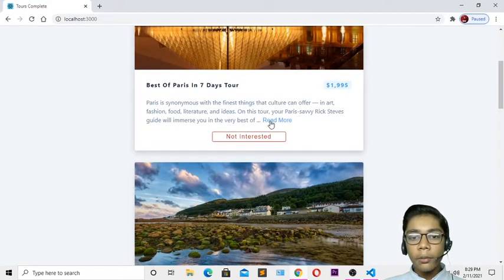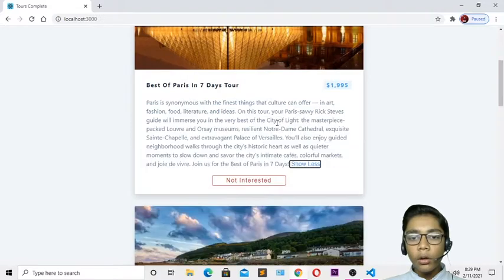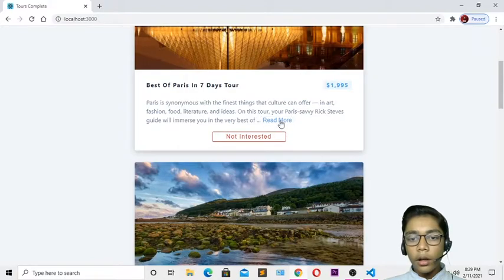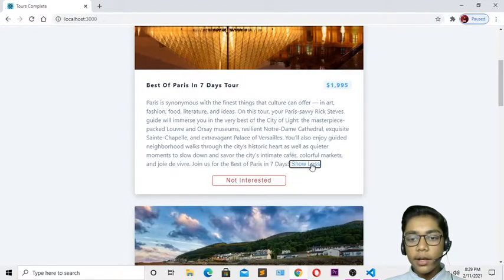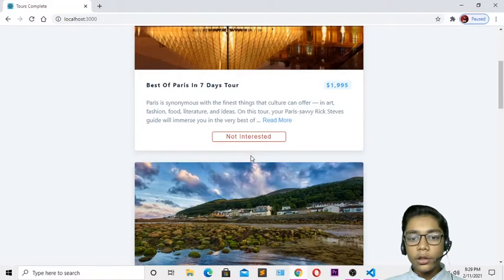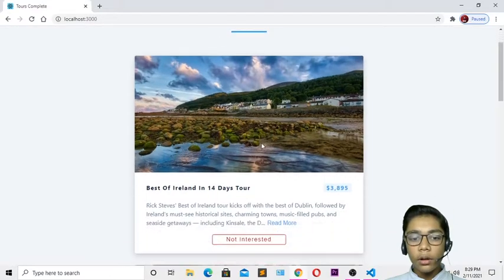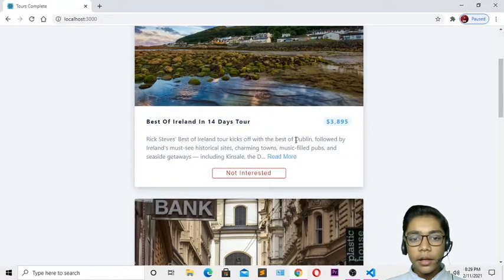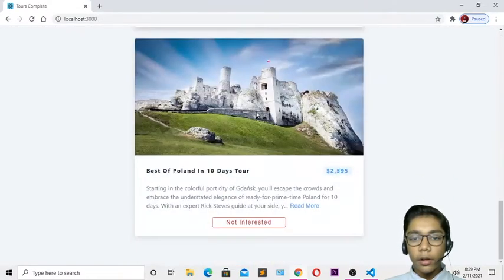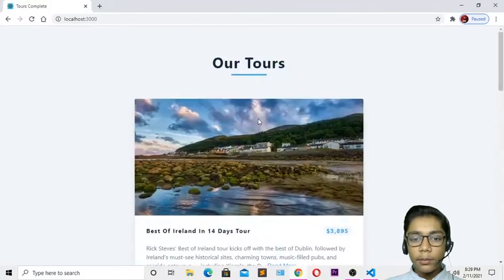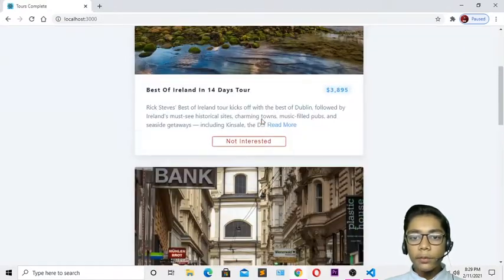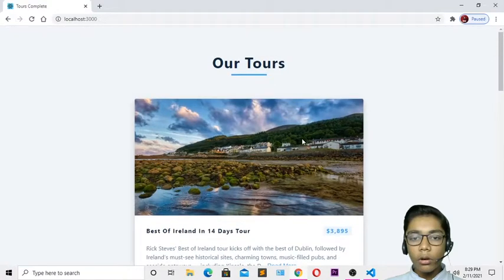This is written as random text, and if I press this read more, you can see that all the text comes again. And if you press this show less, it also comes in show less, like we do in any of the messages, you can do like that. And if you just press this not interested over here, meaning if you are not interested in this idea, if I just press that, you can see now it has gone, and this is coming, like best island in 14 days. So you can do like that. You can see there are many of them. So we will be building that with React.js, and you can see how cool it is looking.